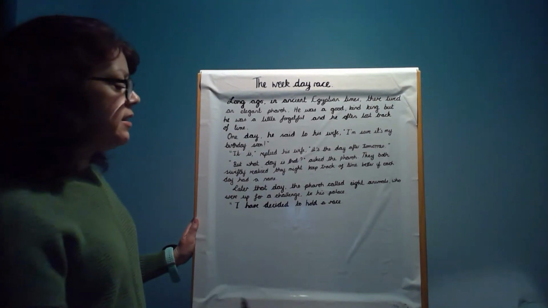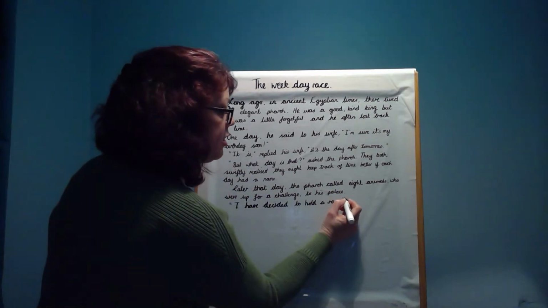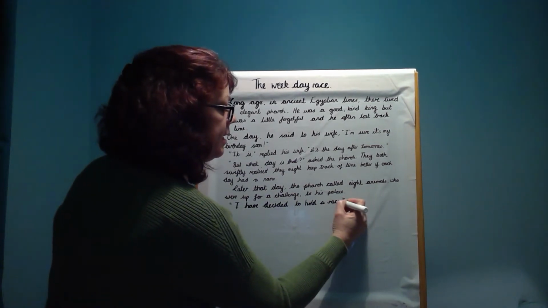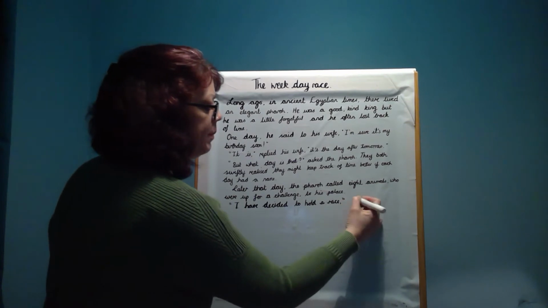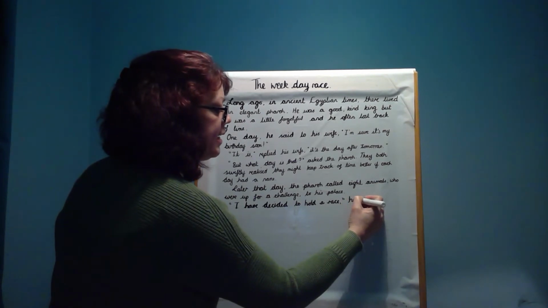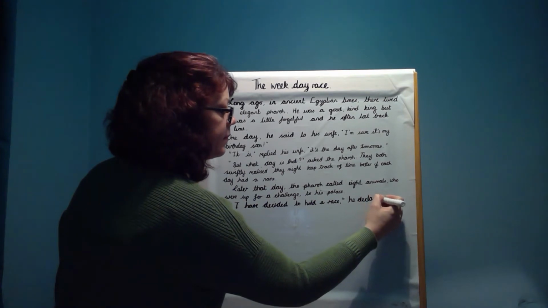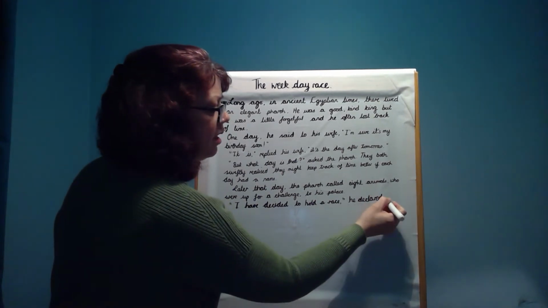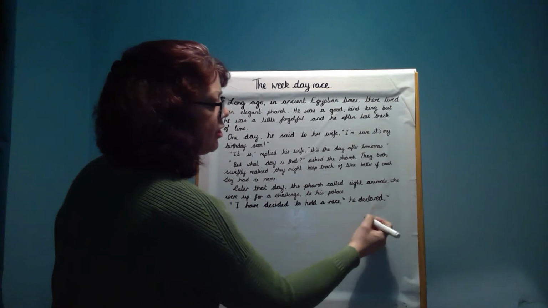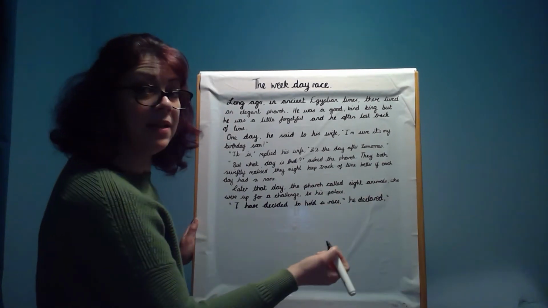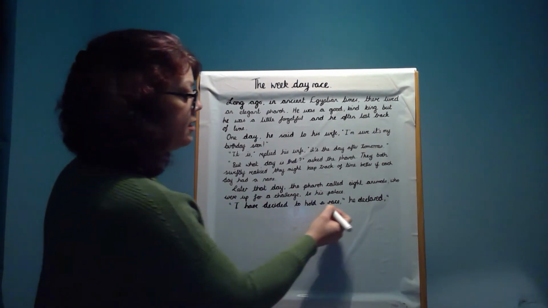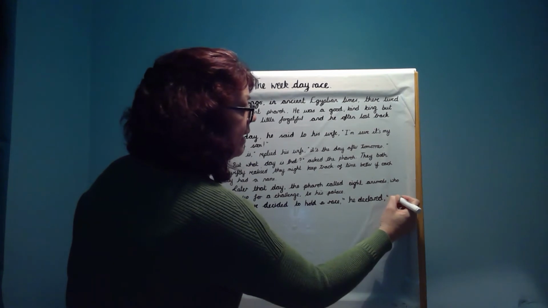I have decided to hold a race. There's my speech marks at the end of it. My comma just before my speech marks. He declared. And then I've got another comma there before I begin my next section of speech because I haven't reached the end of my sentence yet. So I've decided to hold a race, he declared, and